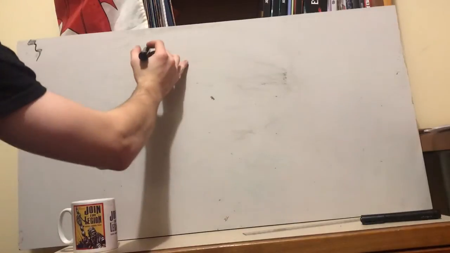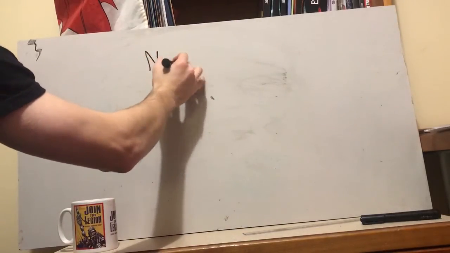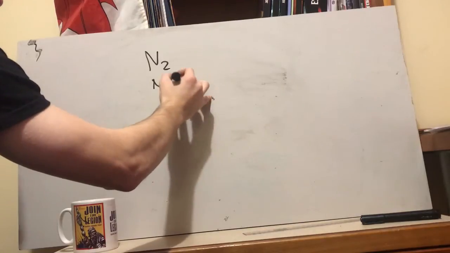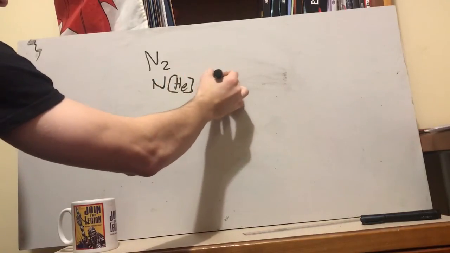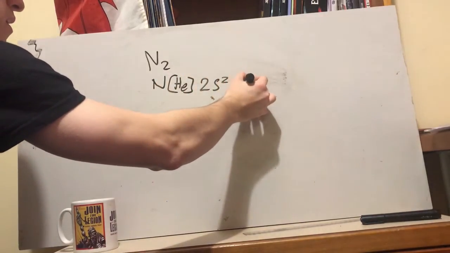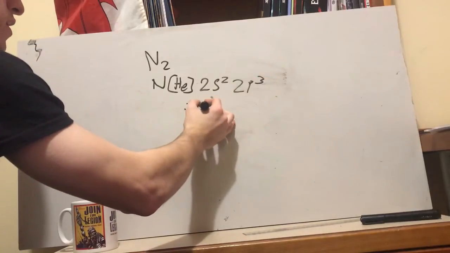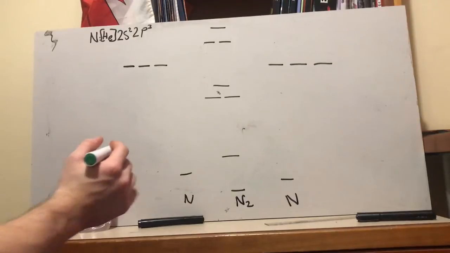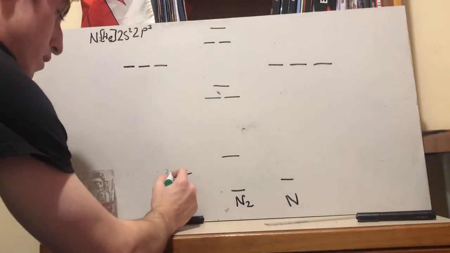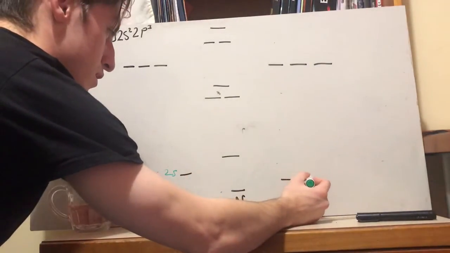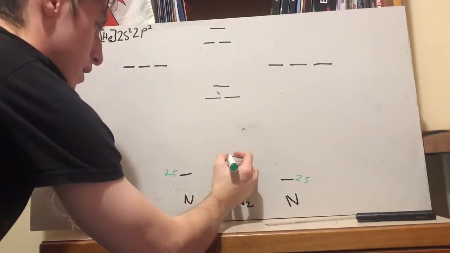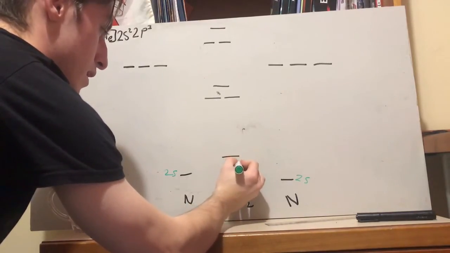The molecular orbital diagram for N2, nitrogen having the electronic configuration of a helium core, 2s2, 2p3, therefore this is giving us 5 valence electrons. Molecular orbitals will form between the two s's of the nitrogens, forming the sigma 2s bonding and the sigma 2s